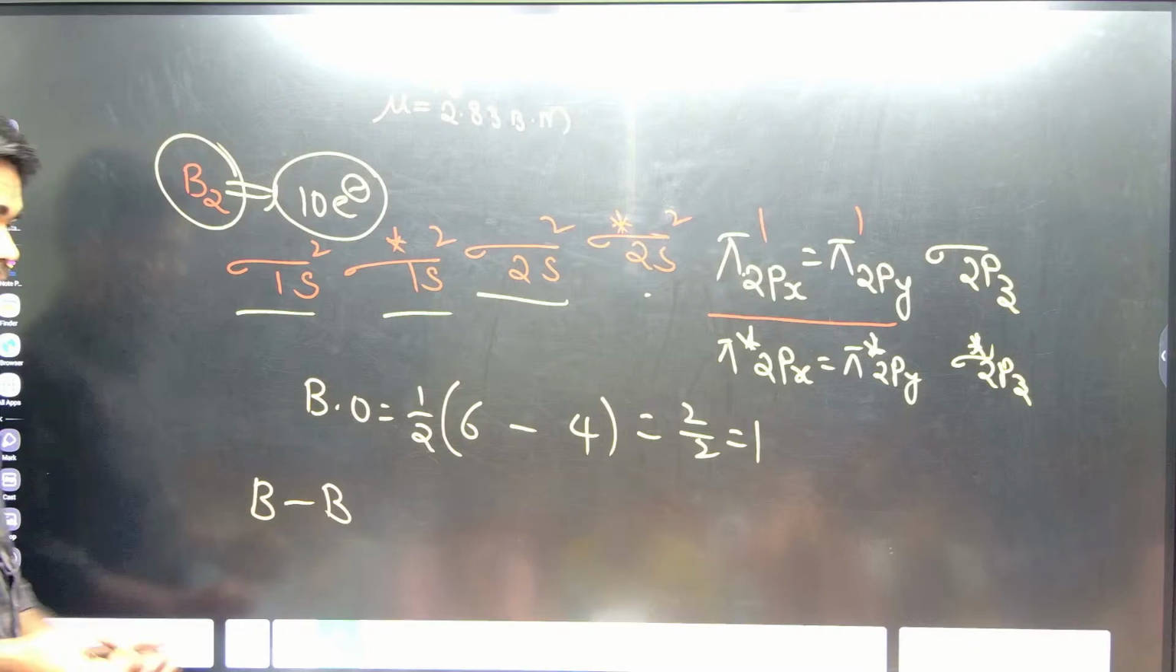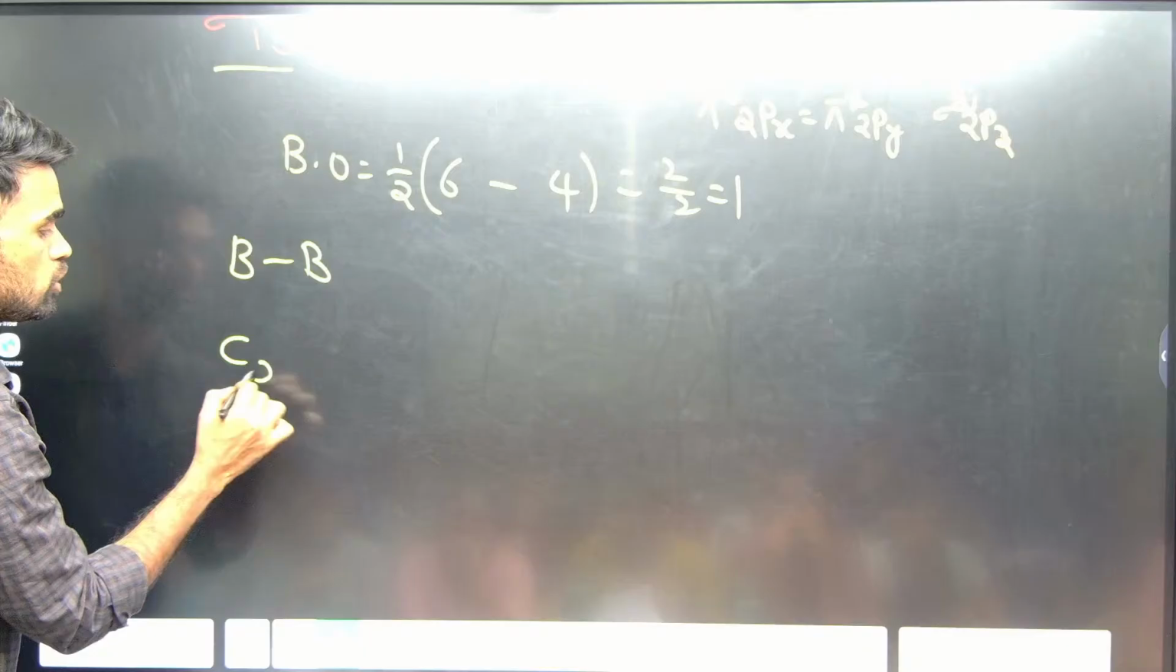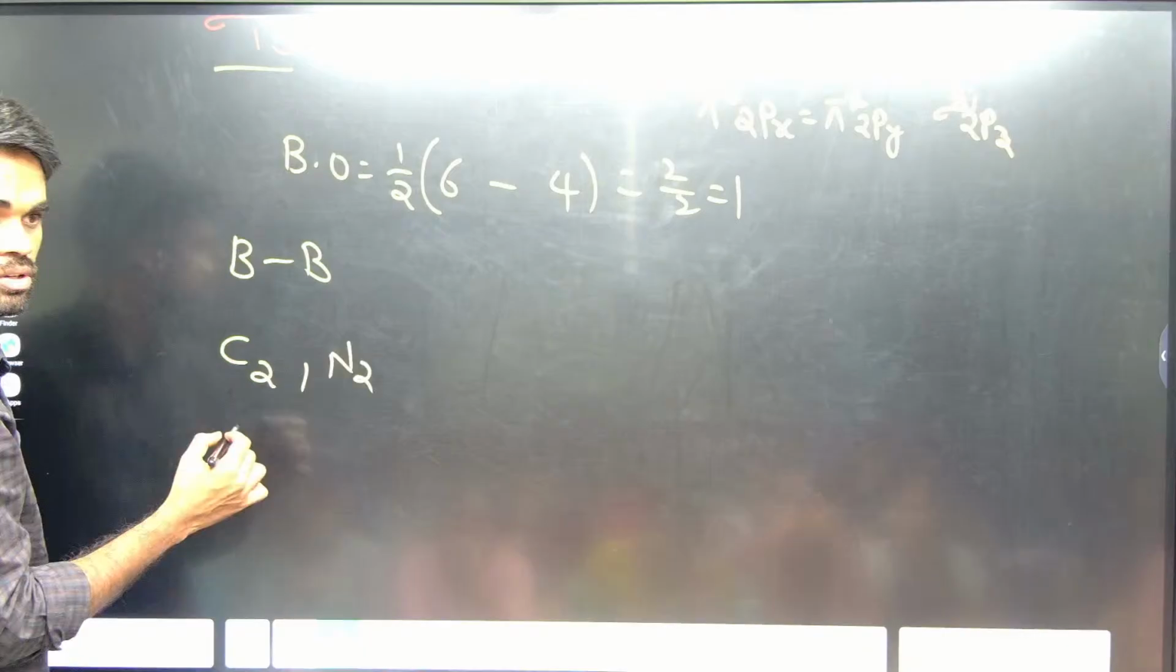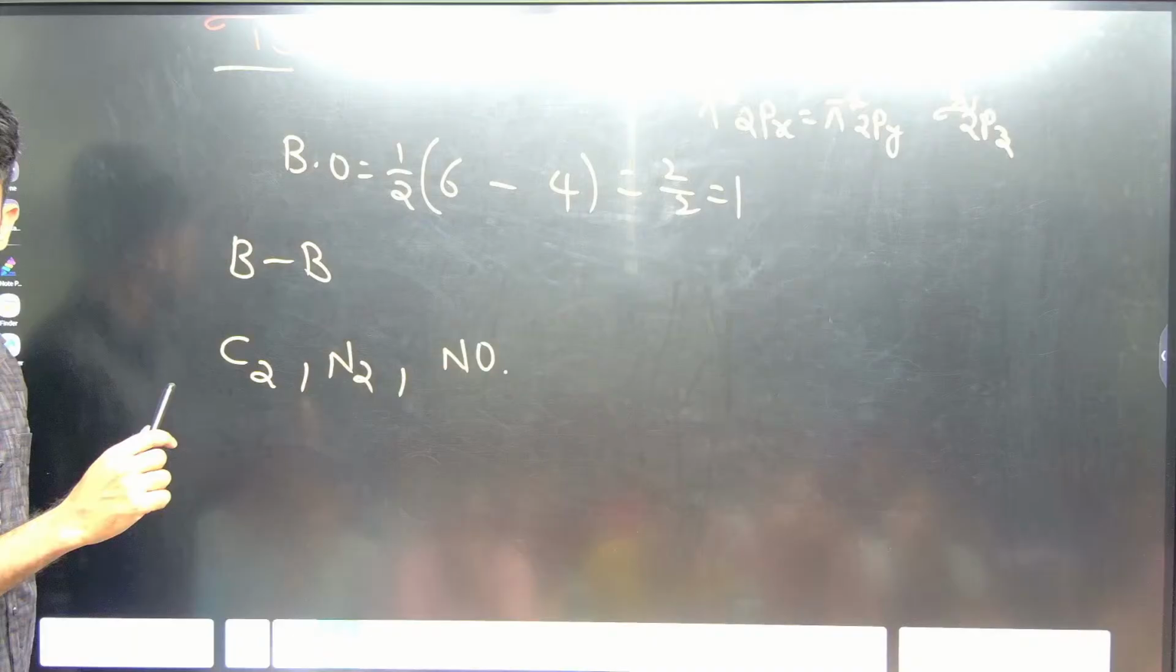Okay. Now my question is for you. You need to calculate it for C2, N2, and NO. You need to do all these things. What are the two orders you should remember first? Greater than 14, it should be